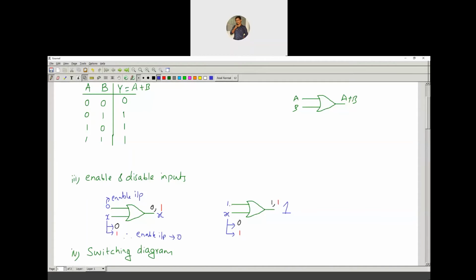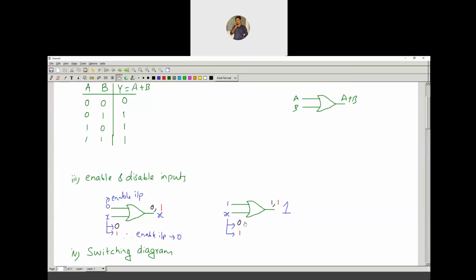Now tell me, is this input 1 allowing x to pass to the logic gate? We can observe here that when one input is logic 1, irrespective of the input x, we will get the output 1.